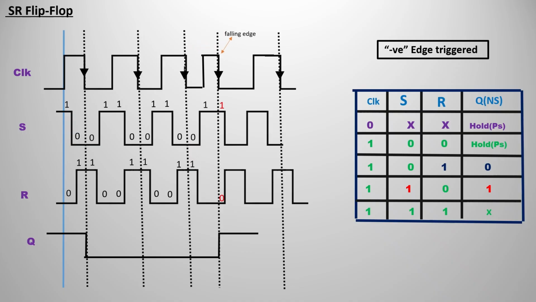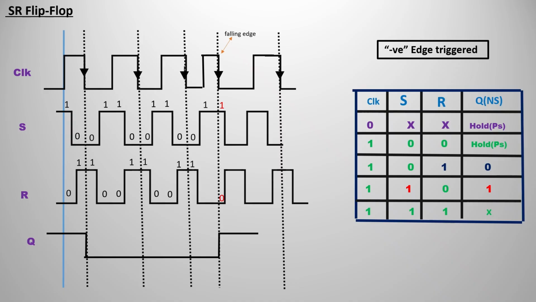So for your understanding purpose, I have taken some random values. That is the thing, it is coming always down only. But according to the correct question or correct diagram, we can formulate the correct timing diagram analysis of the output Q. But this is the procedure that we are going to follow. When the clock is going down or the negative edge is coming, we are going to compare S and R up to the next falling edge comes. So this is the format.